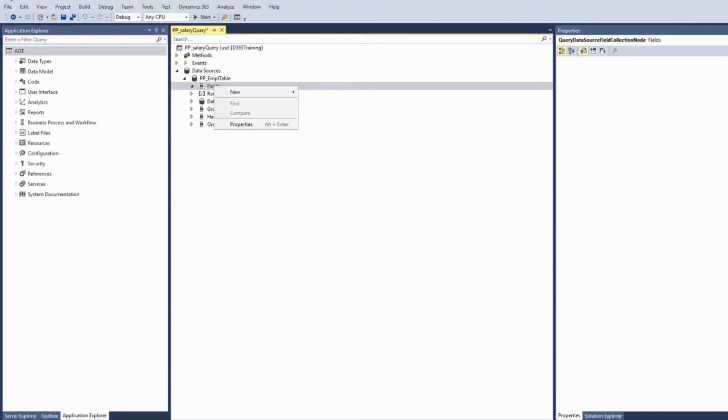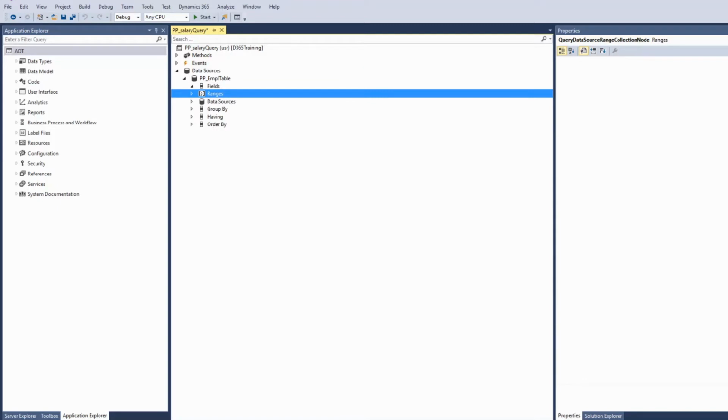So we have seen here the property dynamic field. If I set it to yes, then automatically all the fields from the table will be added here in the query. If it is no, then I have the option to choose from this. I can add any aggregate field. The only condition is that I can apply all these things on the fields which are there in my source database.